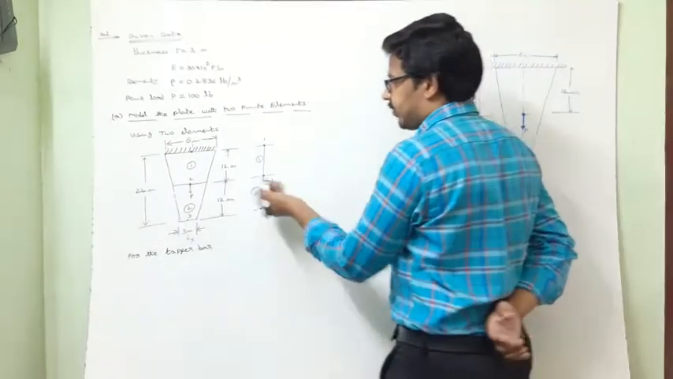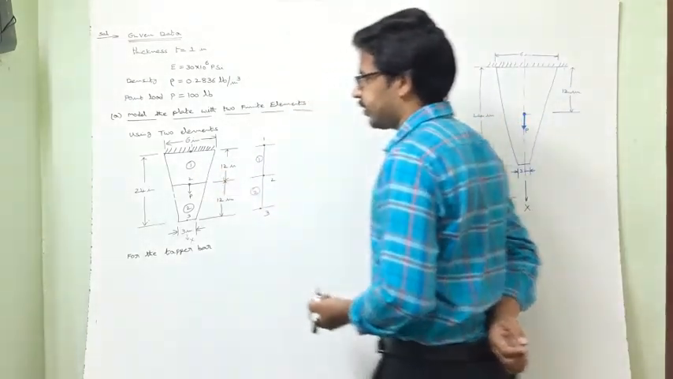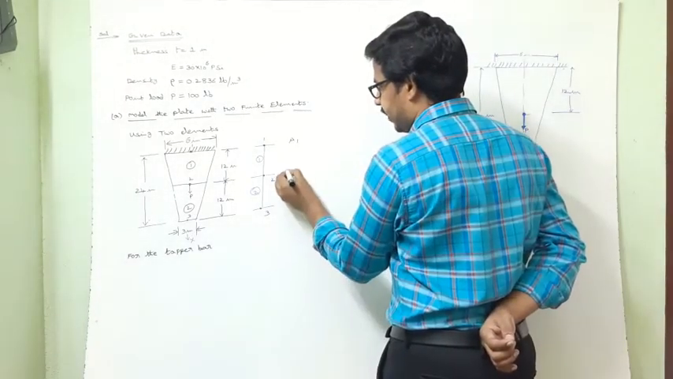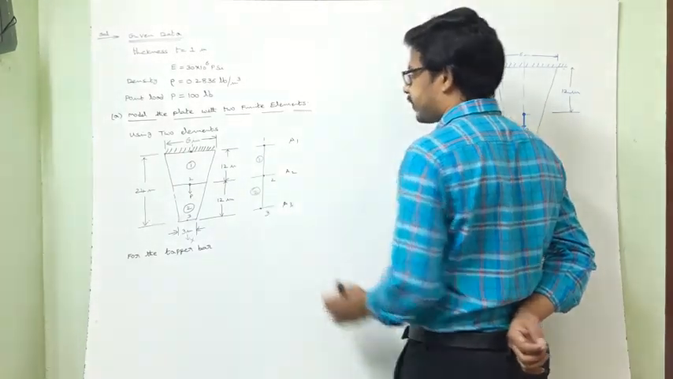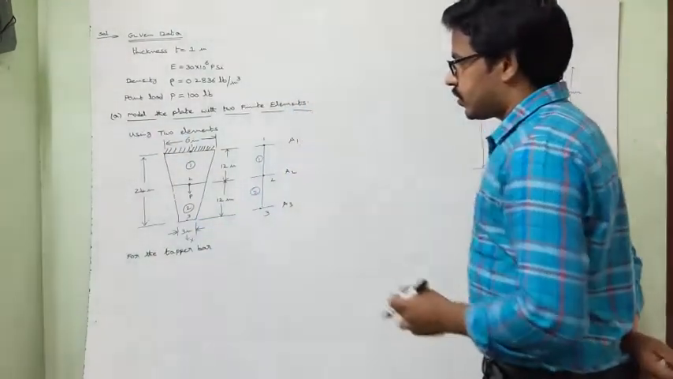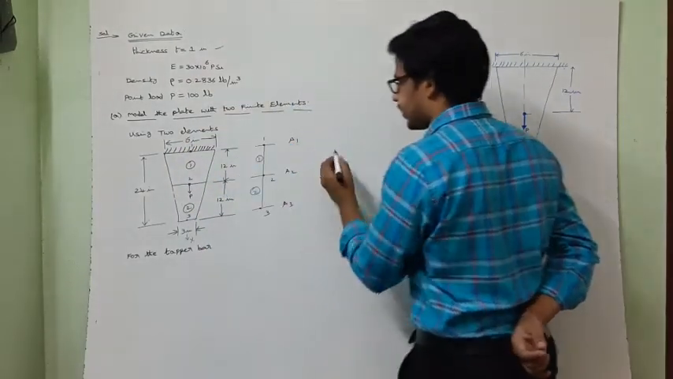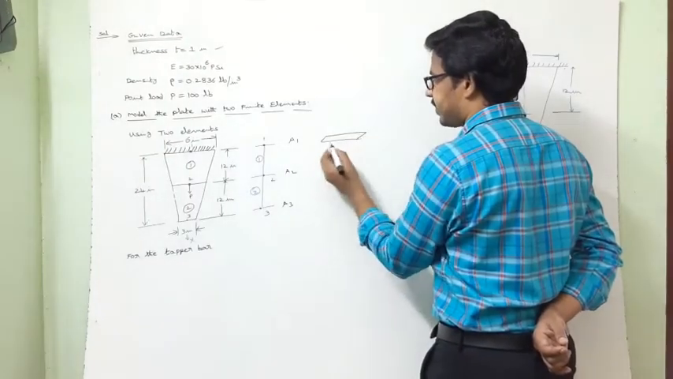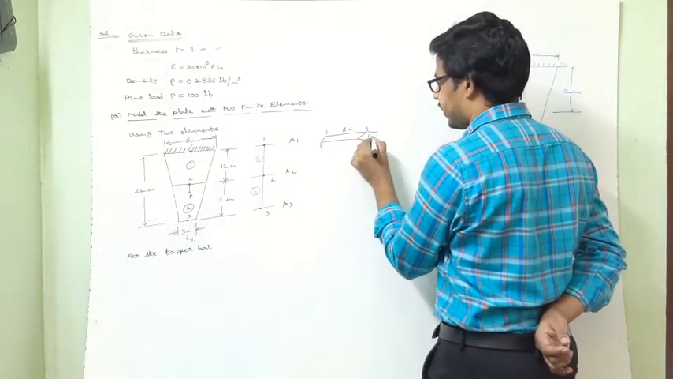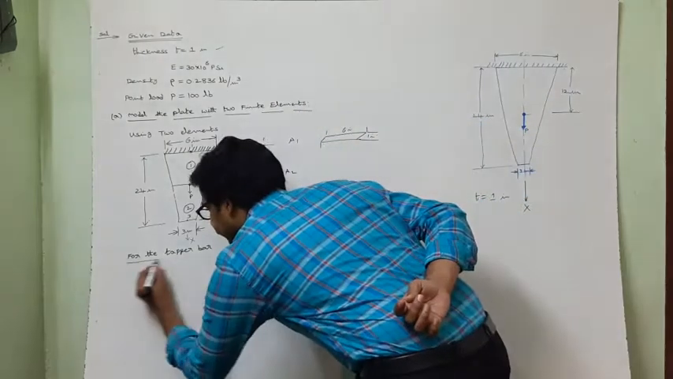So here we need to calculate the A1 value. In the taper section, we need to calculate A1, A2 and A3 values. So here in the cross sectional area of this diagram, the thickness is 1 inch. This is the 6 inch and the thickness is 1 inch. The area at node 1 for the taper bar,